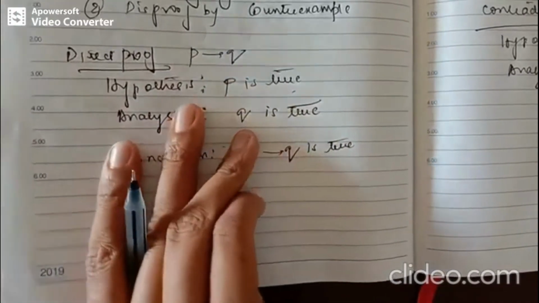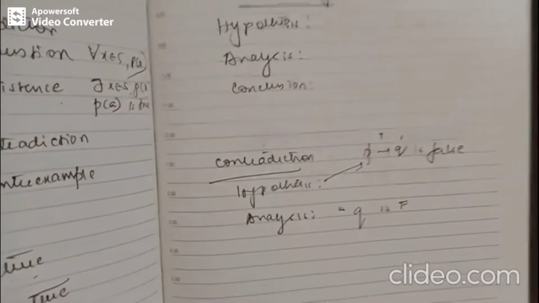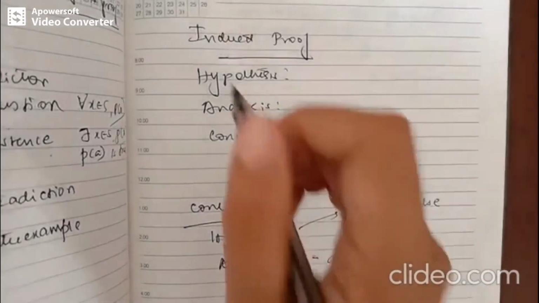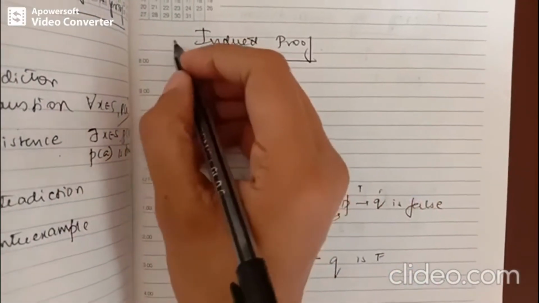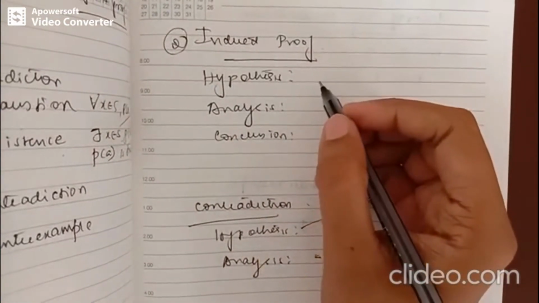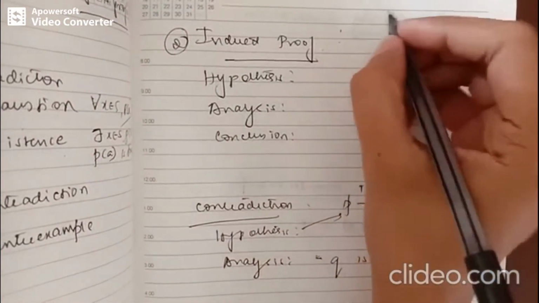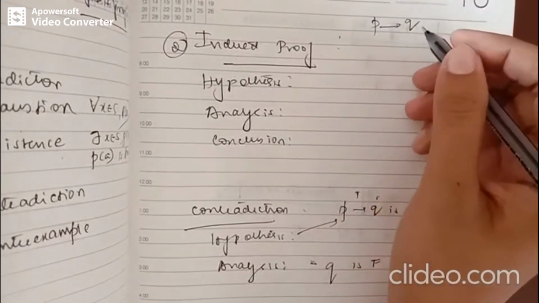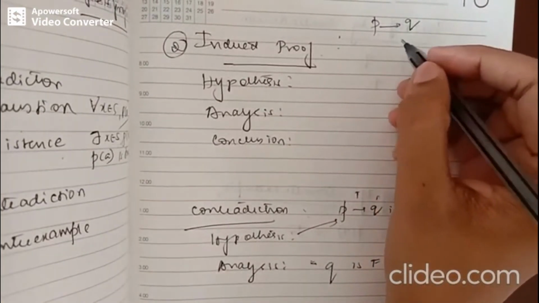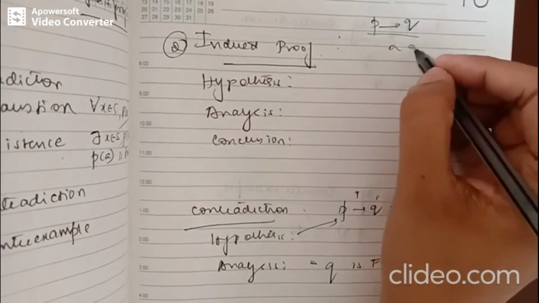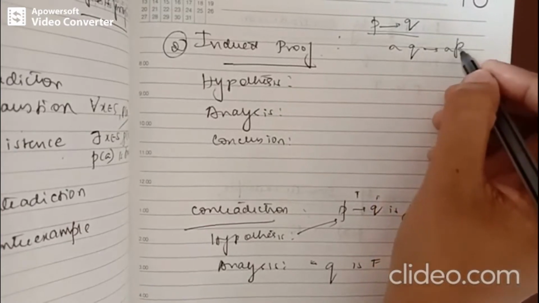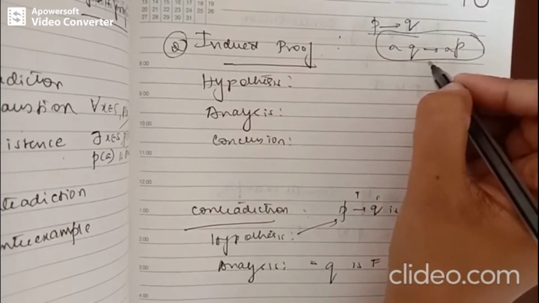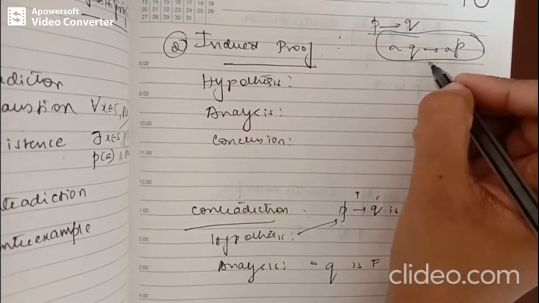After the discussion of these kinds of proofs, we are going to see how to solve them based on problems. Anyway, we will continue with the second kind of proof, that is indirect proof. In an indirect proof, based on the conditional, we can prove the conditional indirectly by just taking its contrapositive. What is the contrapositive of this conditional? Negation Q implies negation P. So first we start with this approach, taking the contrapositive and then directly proving it.